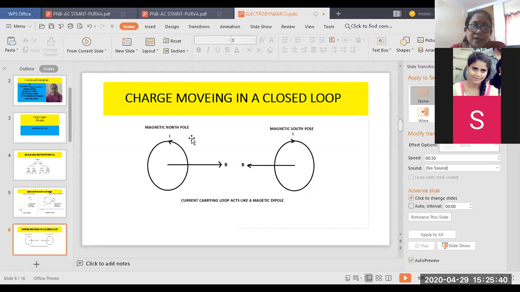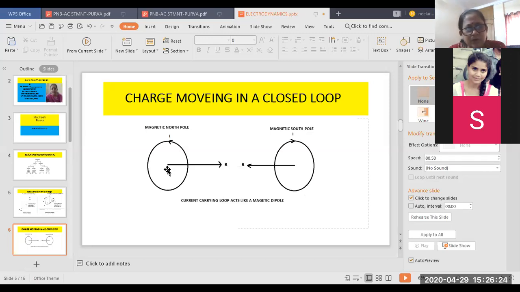Instead of writing Q, I am writing I here. What is I? I is the current. What is current? The number of charges flowing per second. So instead of showing Q, I am showing I. Because the charge is following a closed path, you now come to the second part of the potential classification. It is producing a vector potential there, and then you came to the magnetic potential. When the charge is moving in a closed locus, it will produce a magnetic potential. That is the second classification, the last classification you see there.